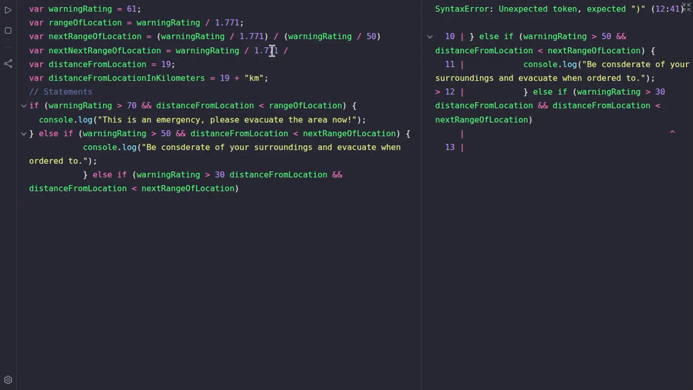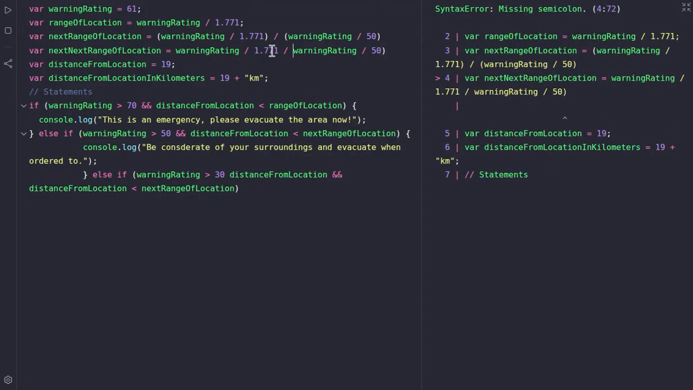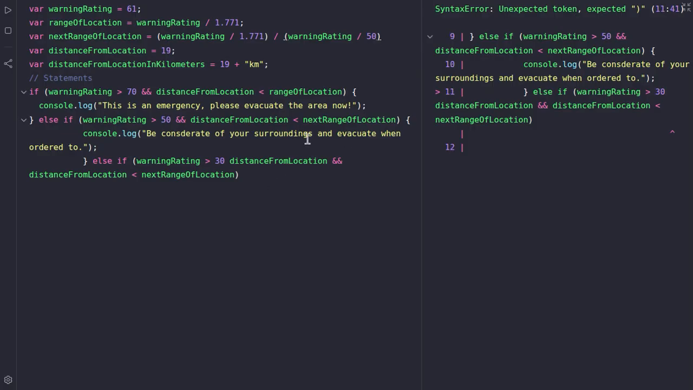Then we divide that by warning rating. Rating divided by 50. Actually, I don't think we'll need a next range of location because it's just the same. Yeah, and then